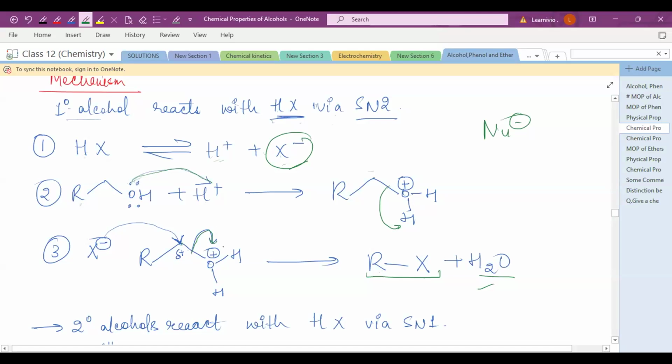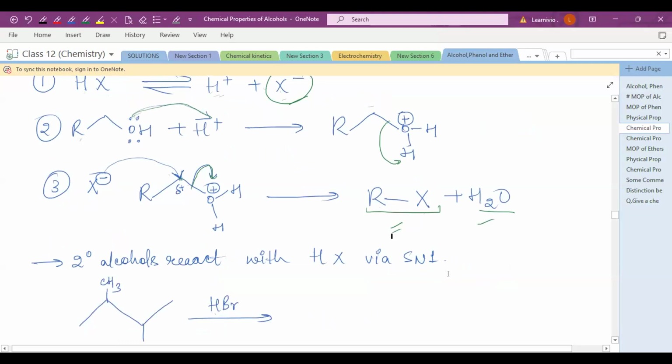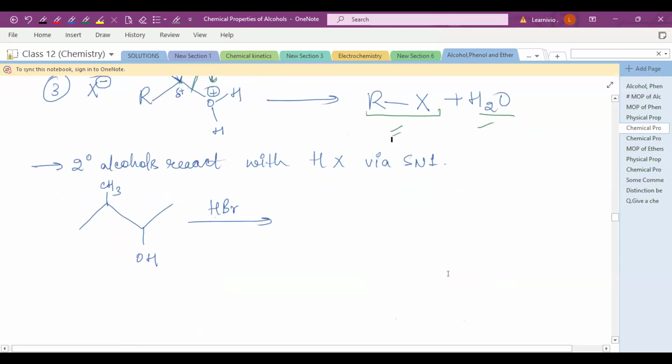When water is liberated, on this carbon there will be a positive charge. And if it is positively charged, you know the nucleophile is electron rich, so it will be attracted to where the electron density is less. Here the positive charge means this carbon has a deficiency of electrons, so this negatively charged nucleophile will come and attach on this carbon, and the haloalkane will be formed, right? So that's the mechanism. Yeah, this is all about the primary alcohol, but secondary alcohol reacts with HX via